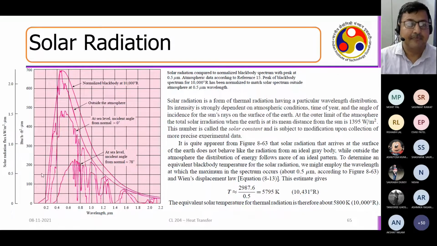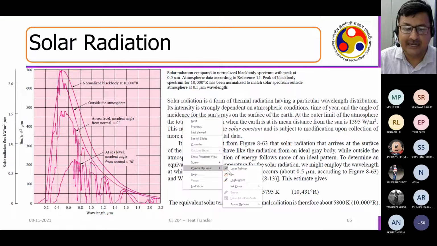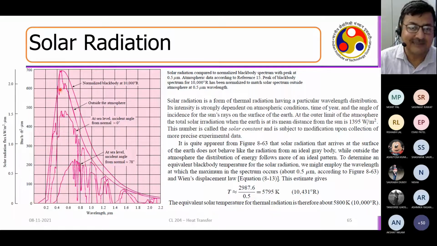This is the typical, you can see this outside part is a normal black body radiation. If you take an ideal black body, it is going to emit like that. Now, if you really record the solar irradiation outside the atmosphere, it will look like this, which is very near to the black body radiation with some fluctuations. Of course, one can understand why these fluctuations are coming. You may see that at smaller wavelengths, it is going to absorb, and that in larger wavelengths, it is going to come down. This is outside the atmosphere.